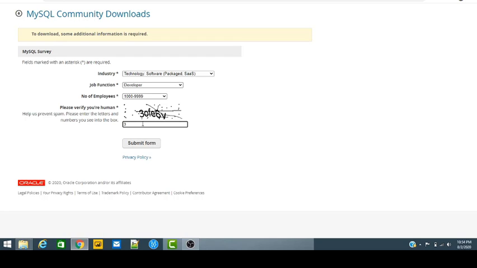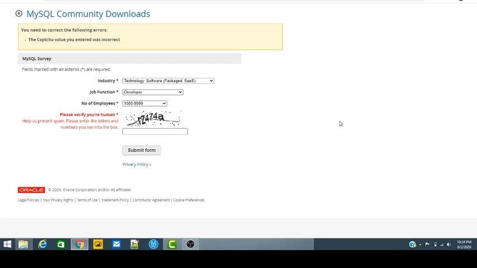And we need to fill in the captcha also. So let's see after the submission. So the captcha is wrong, we need to fill it again. So we need to fill the captcha.